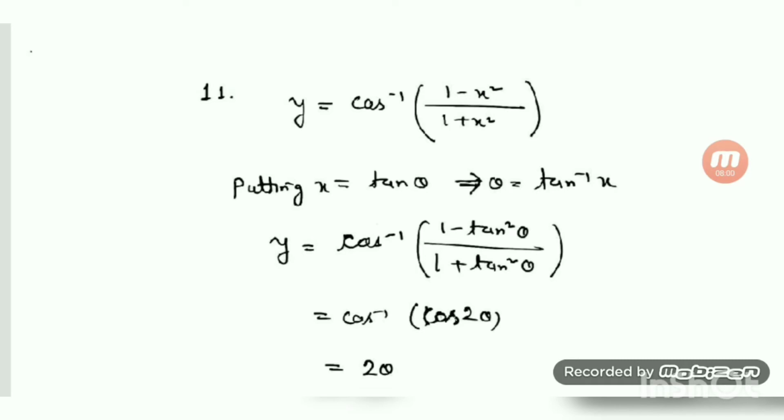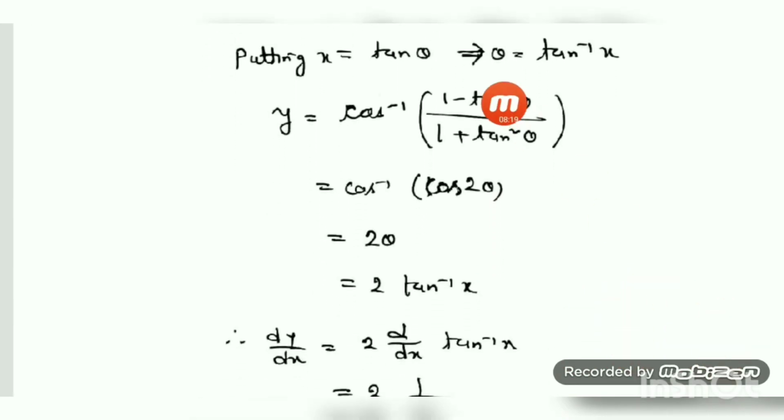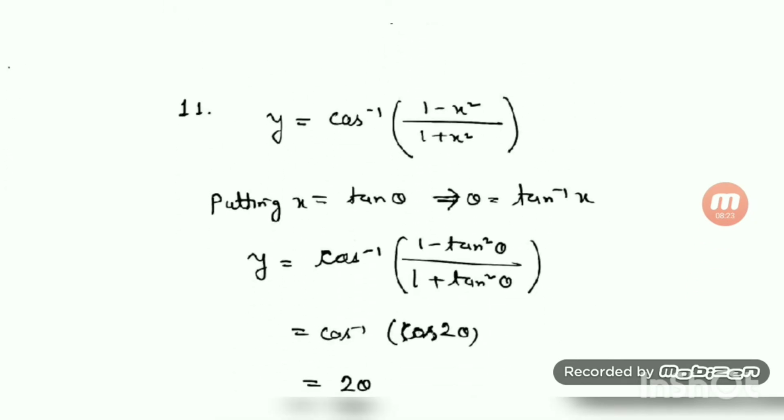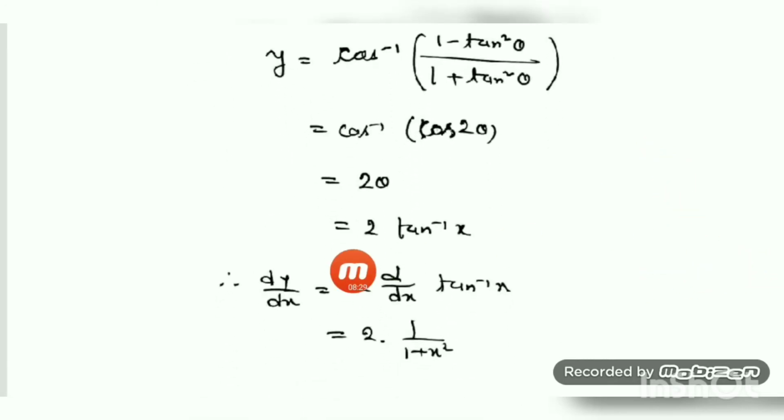But just I show you how to get it. So I have substituted directly also, you may write down this is equal to 2 tan inverse of x. So x I have substituted is equal to tan theta because (1 minus tan square)/(1 plus tan square) will give you cos of 2 theta. So cos inverse of cos of 2 theta gives you 2 theta. What is theta? You substitute. Theta means 2 tan inverse of x. So as I told you earlier, if you remember your formula, this is the formula in terms of 2 tan inverse of x. So directly also you may write down this one.